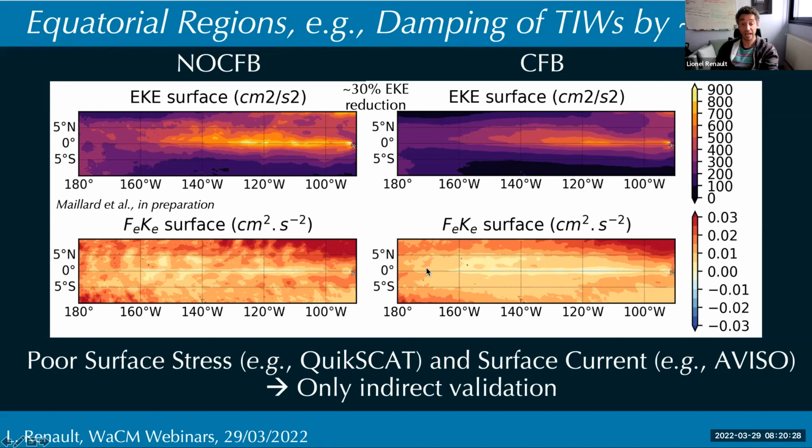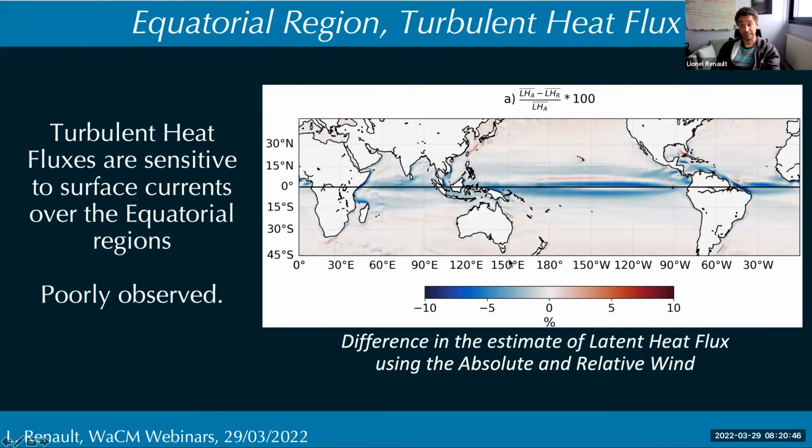But in that case, we don't have any good observations of the wind work, because QuikSCAT is not very good in this region. And we don't have any satellite estimates of the surface current, of the total current. And again, for this region, if we want to estimate the turbulent heat flux, I know that there is another satellite mission that could be launched. It's Mélody, I think, and they aim to estimate turbulent heat fluxes.